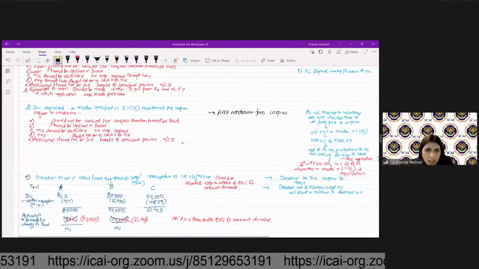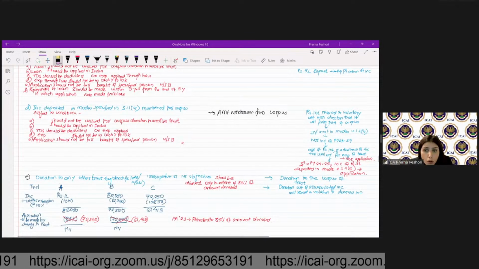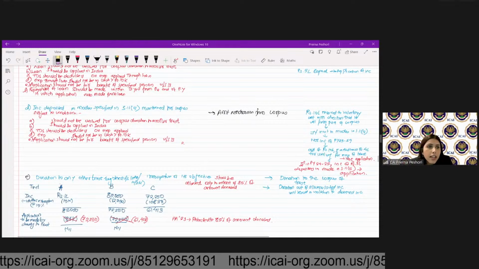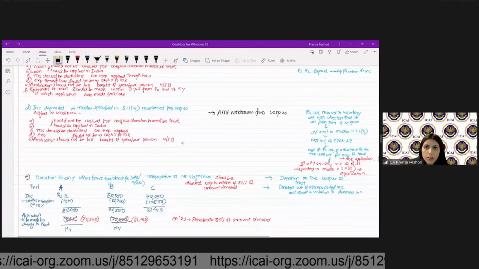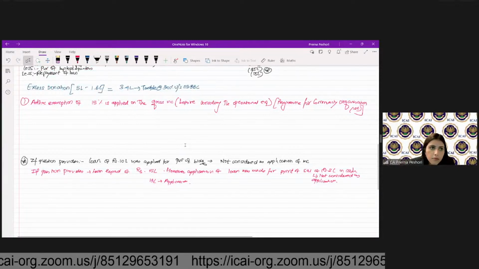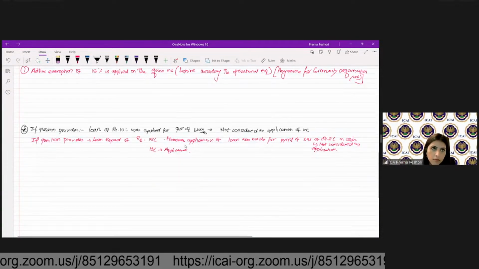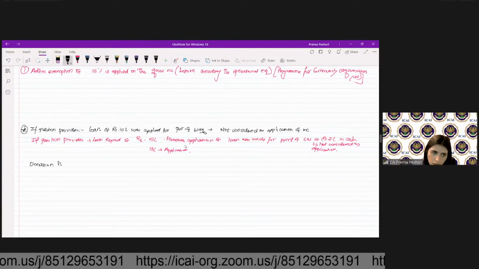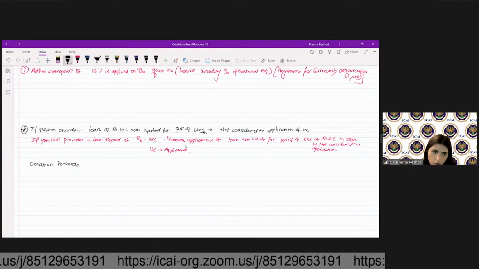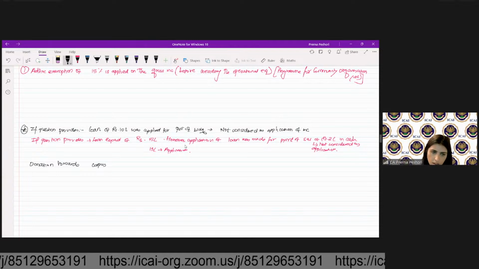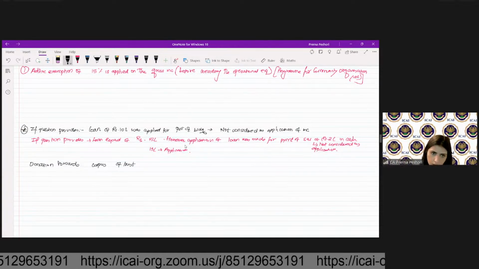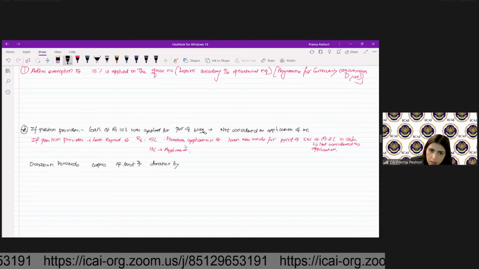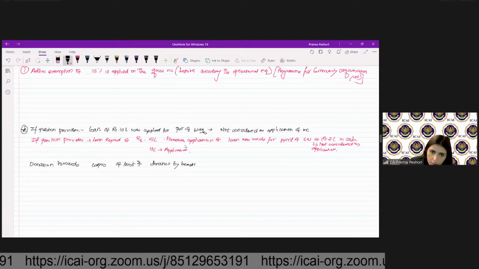Very clear. Donation towards corpus and even donation by bearer cheque will not be considered as application of income. So we can just write it over here: donation towards corpus of trust and donation by bearer cheque